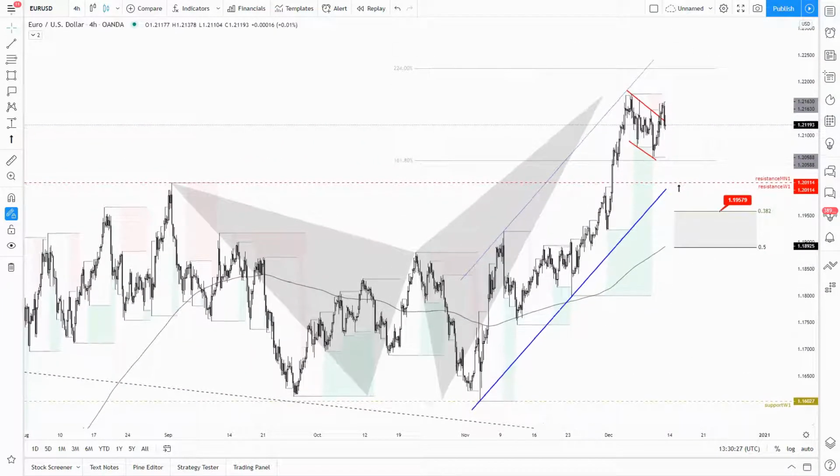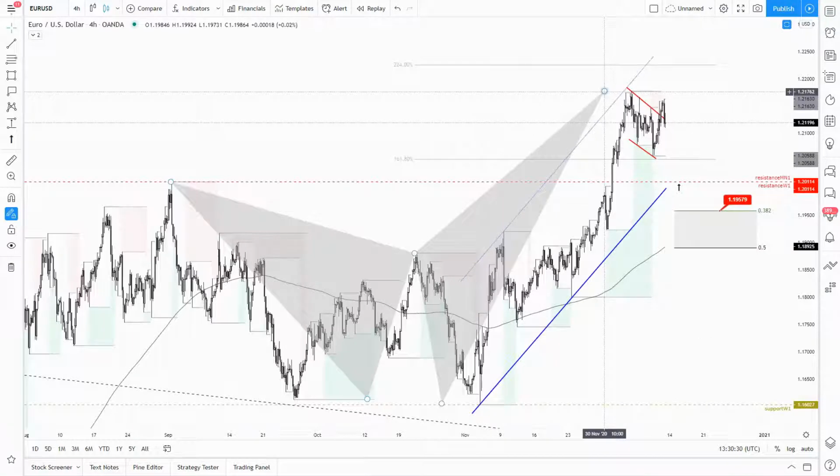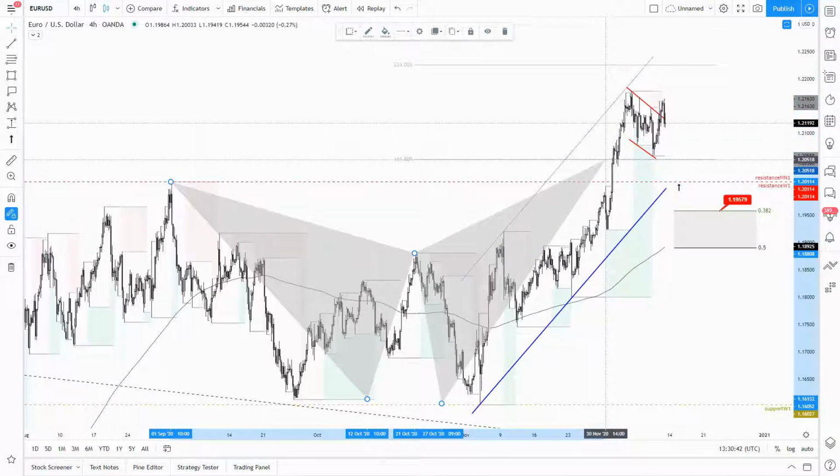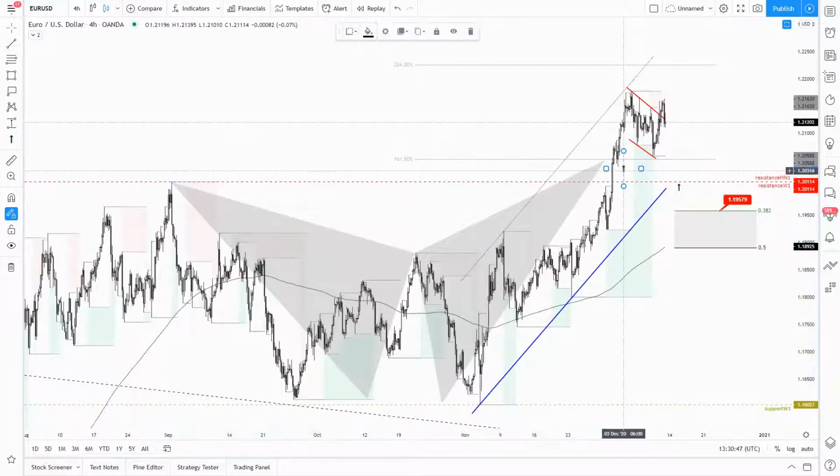the pattern expectation. But nothing assures me the market will not be forced and be pushed to this specific Fibonacci level, the 224% Fib, since it has rejected the 161.8 extension as a first level of pressure. As you can see, it has been used as a support. In fact, the market has closed above this golden Fibonacci level, and since then the market never recovers that level again. So basically, I will not be surprised to see euro versus dollar retracing back to those levels,